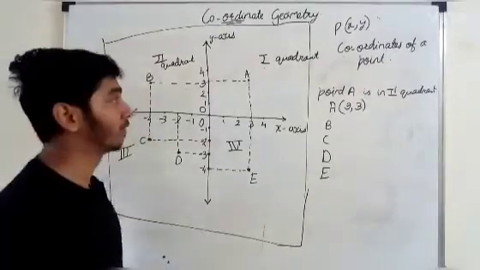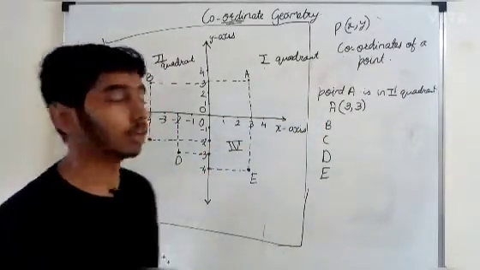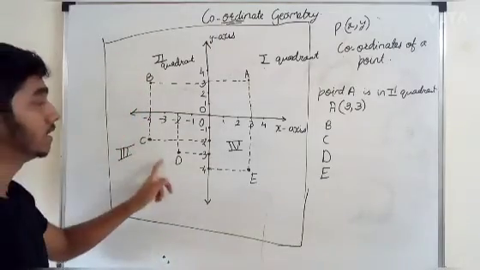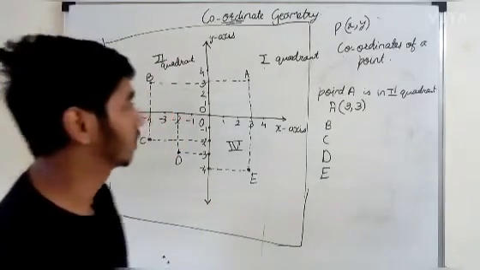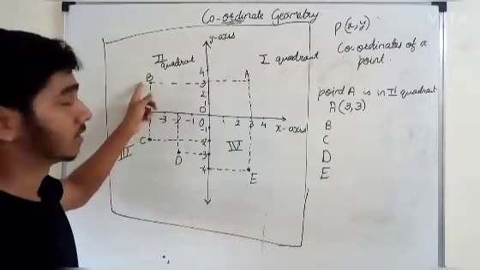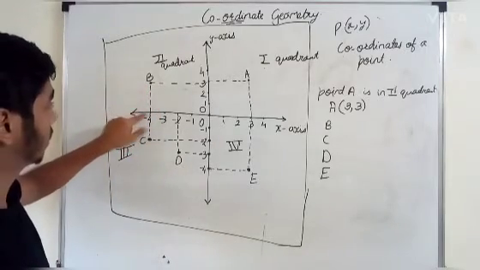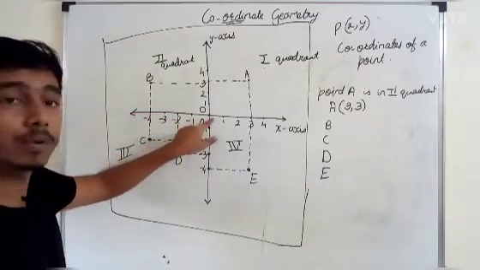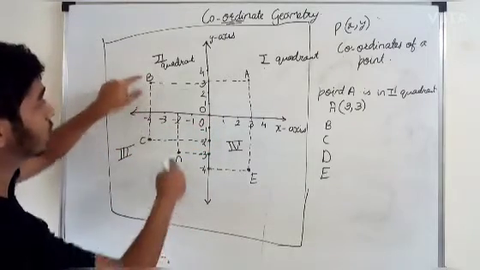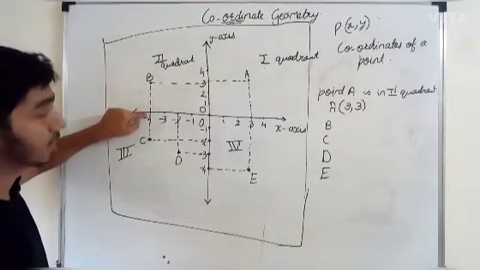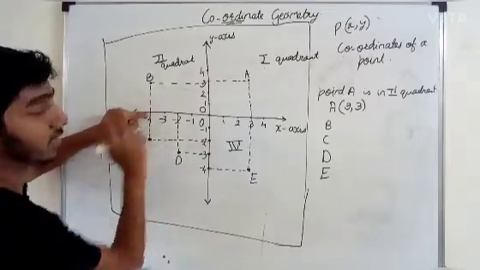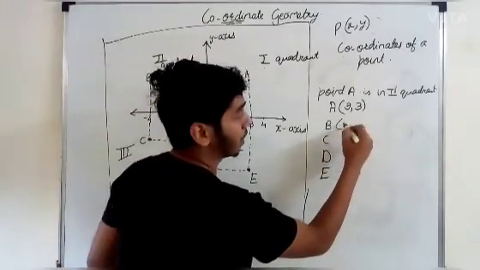So here we located point A. Okay, let's try to locate points B, C, D and E also. So here this is point B. Now see, this is the origin. On the x-axis, if you see where point B is, it is touching this point, which is -4. So the x coordinate